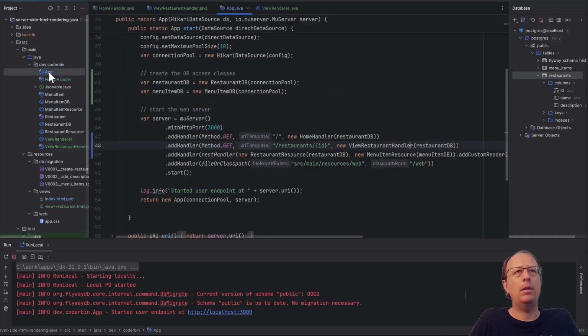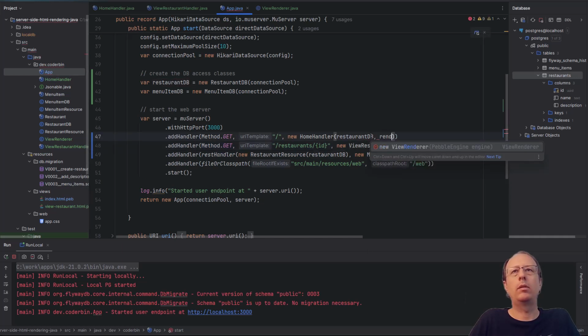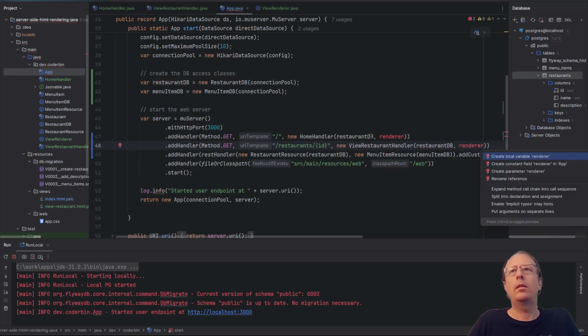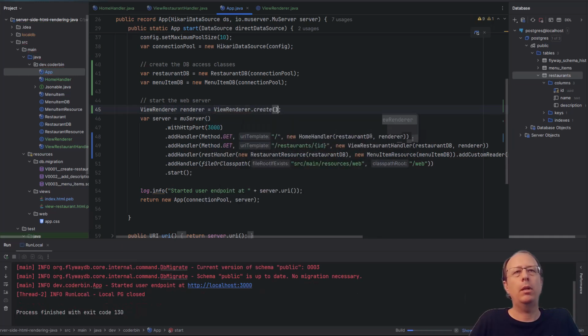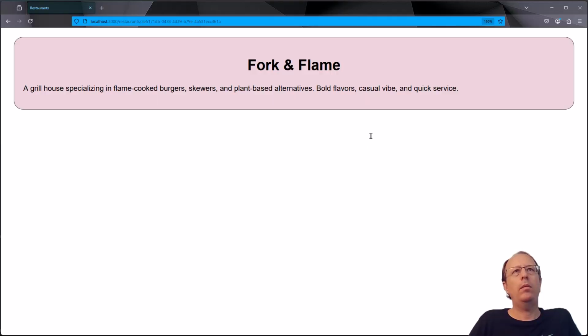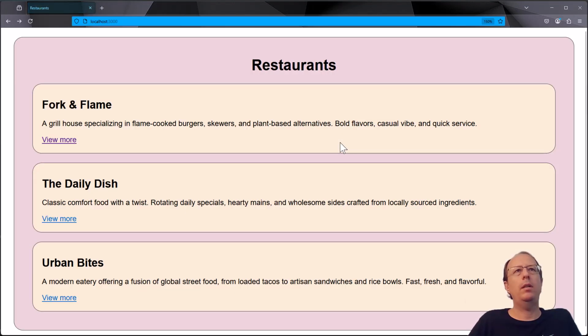Okay, and now we just need to create a view renderer here, which is what these things would want. So let's pass in the renderer. Let's create that. Okay, there we go. Right, so if we refresh this, everything is still working.